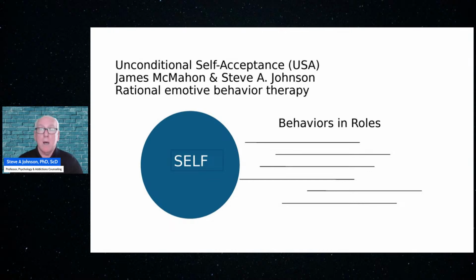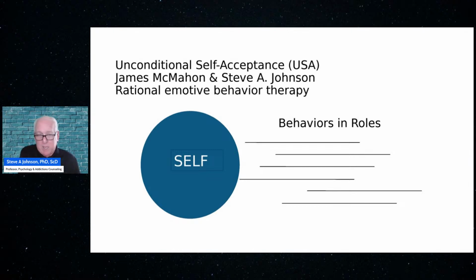Now, this is true for people who rate themselves very, very high, right? A lot of people think if you rate yourself high, you're going to be much more functional. And that's not true. When research is done, we find that the group that has the highest self-esteem are prisoners, okay? But look where they are. Now, we don't want them to beat up on themselves, but self-esteem is not the issue we're talking about here. Self-esteem often will be to rate the self. We don't want to rate the self.